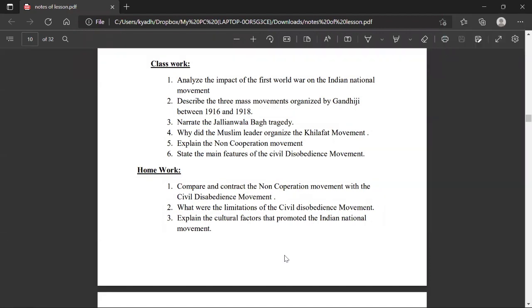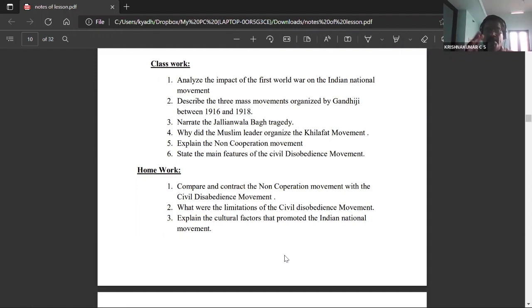Some of the social groups did not participate in civil disobedience, but maximum mass participation we can see in the non-cooperation movement. In the non-cooperation movement, Muslim participation was very high. In fact, the Khilafat movement, the Muslim movement, and the non-cooperation movement went hand in hand, went together. So Muslims actually participated in the non-cooperation movement, but when we come to the civil disobedience movement,